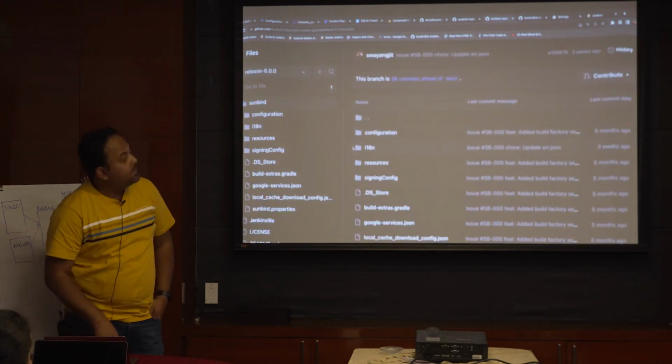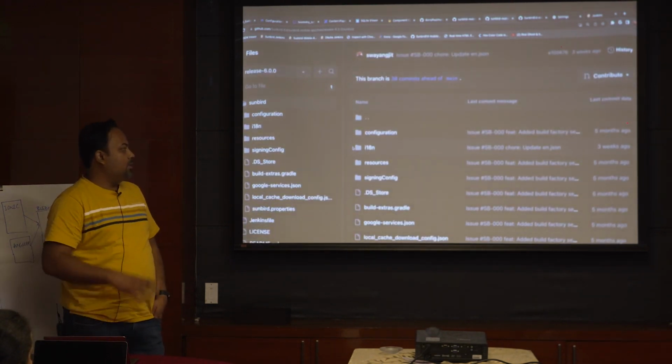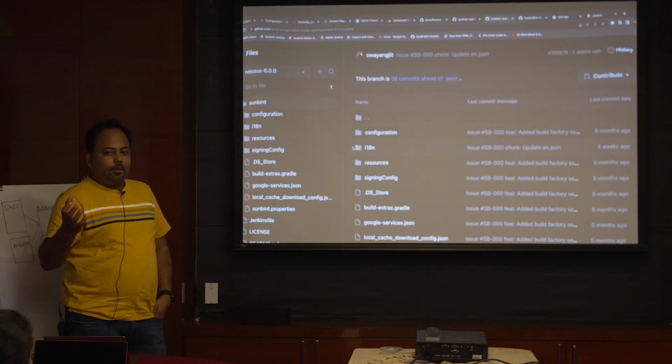These are the files which are required to build, because we are cloning it directly from the Sunbird,